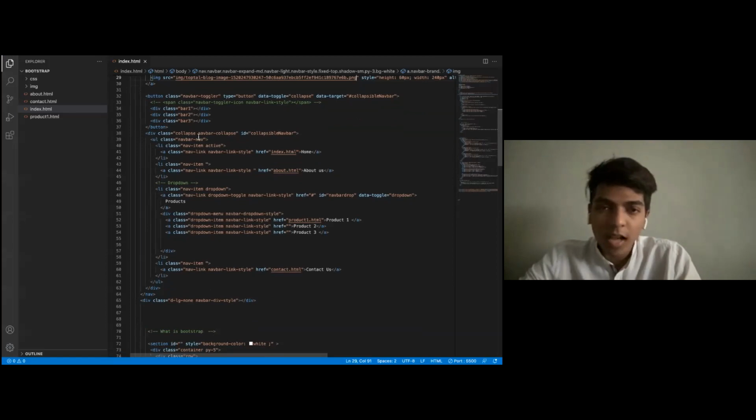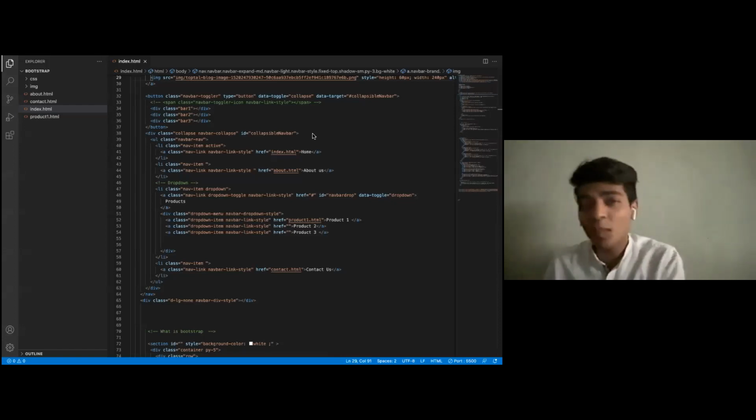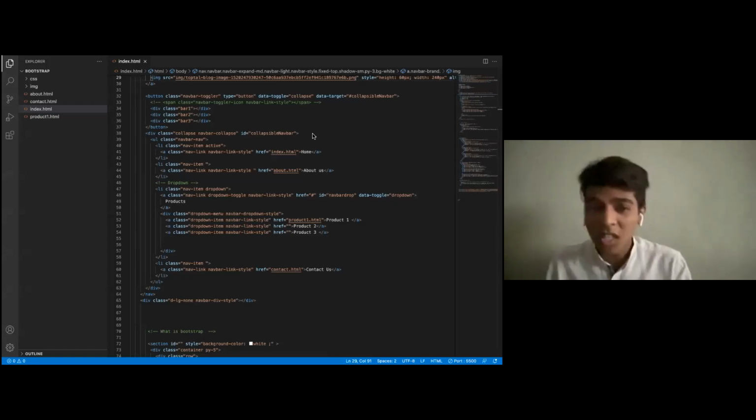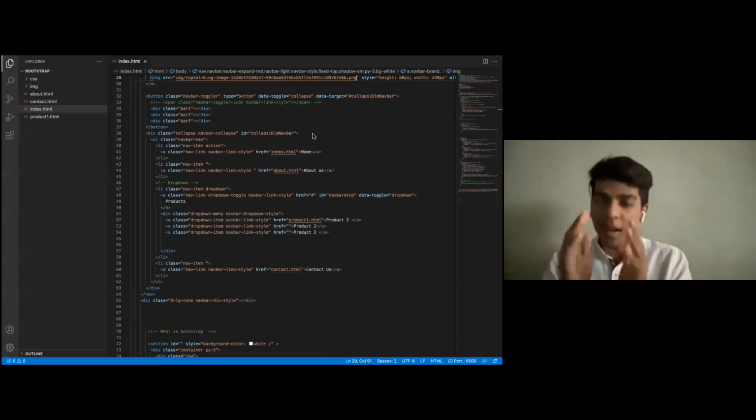Yeah, so I guess this is something that is cleared. This is the class of collapse navbar-collapse, and the ID is collapse-navbar. This is Bootstrap. These are the classes and IDs, the framework provided by Bootstrap. Please don't change them because these are the libraries. These are the framework. Okay, let me explain this with a good example. If I have an H1, I give it a class of head, and in head I want my H1 to have a color of blue, a font size of, supposedly, 25 pixels, and I want the background color to be red.